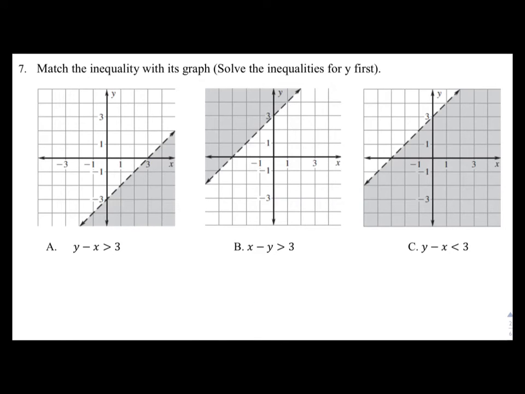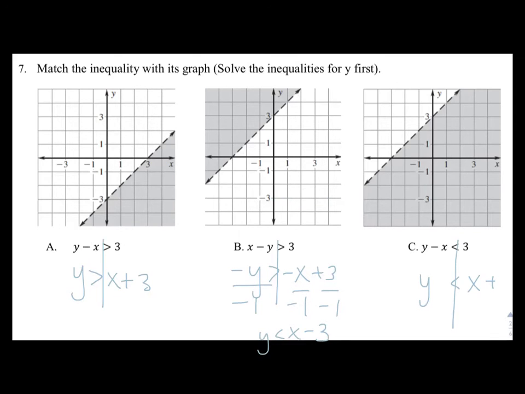Question 7 asks you to match the inequality with its graph. So then it gives you a little hint to solve the inequality for y first. So if we solve these for y, we're going to have to add x on this one, so it's going to look like this. Subtract x and divide by negative 1 on this one. And add x on this one. Okay, so then we can see that this